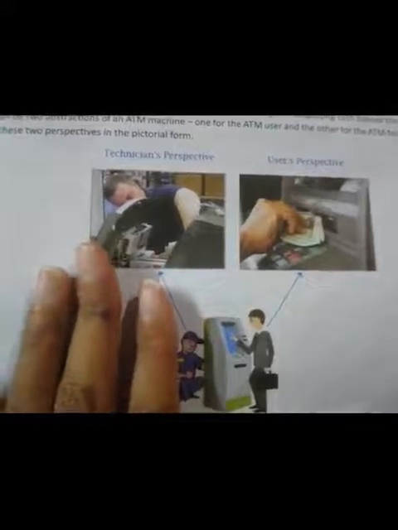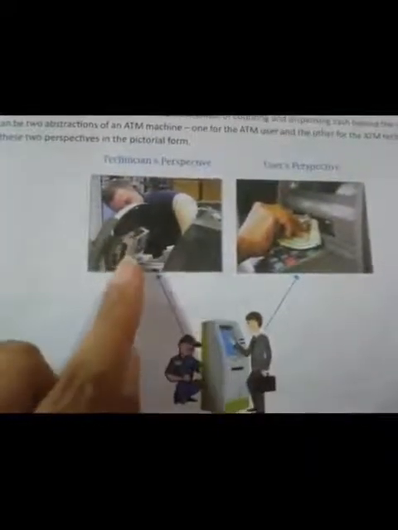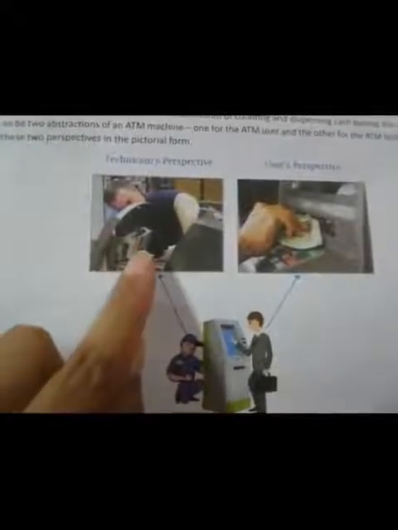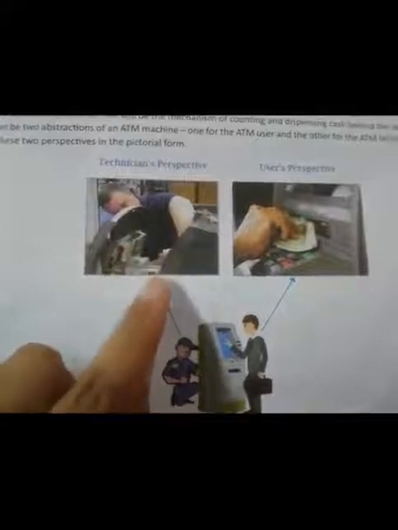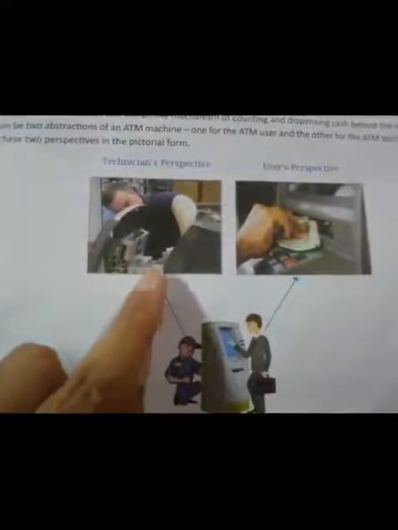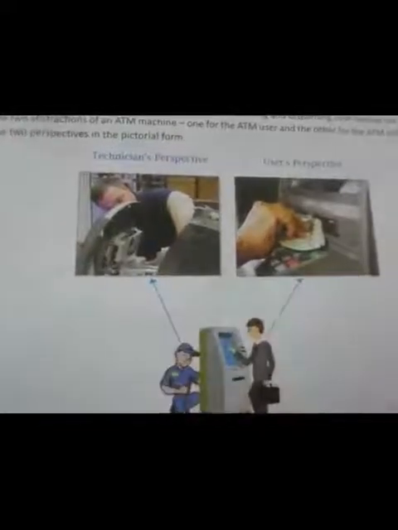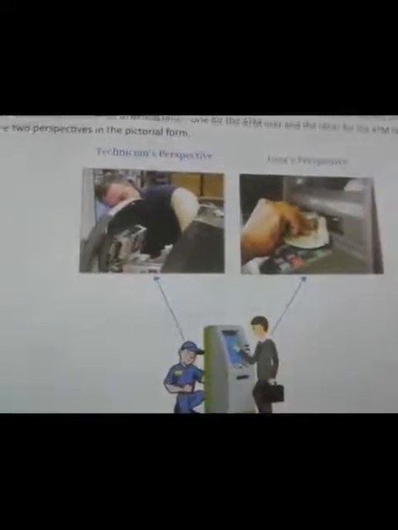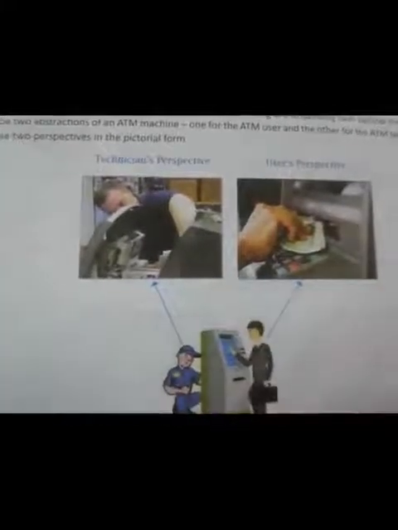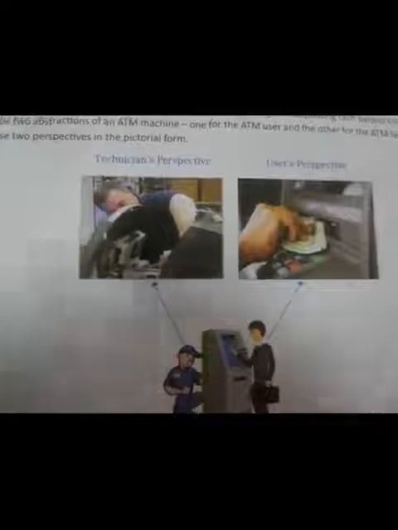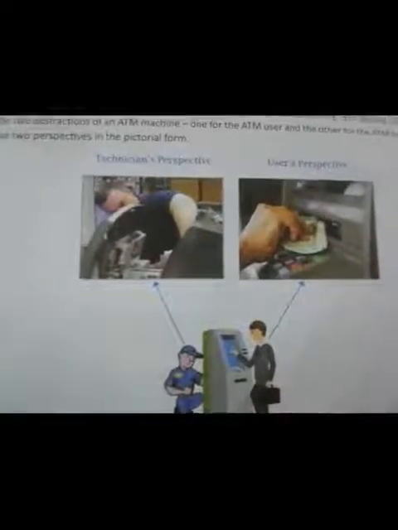In the technician perspective, the technician is a technical, highly skilled person who knows how money goes into the ATM machine and how we can get it from the ATM machine. Whereas the user only knows that you have to press this button, type your code, enter the amount which you want and just press the OK button.